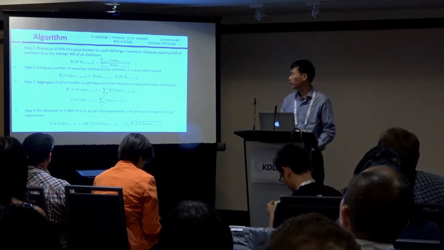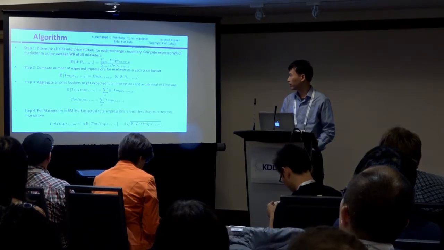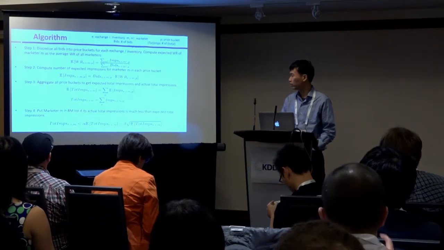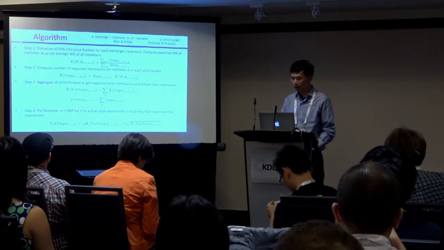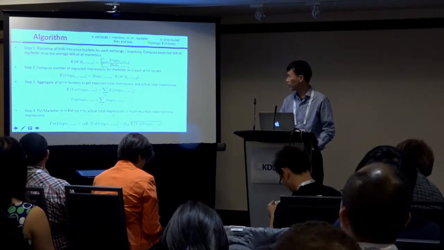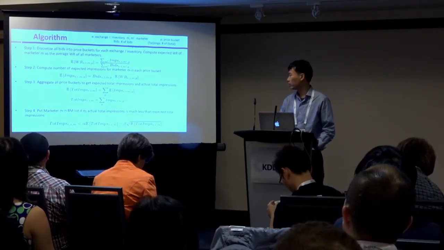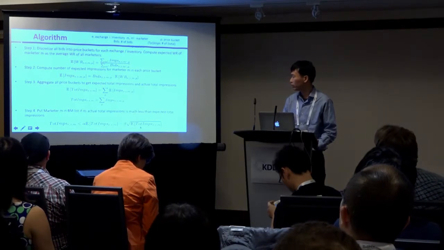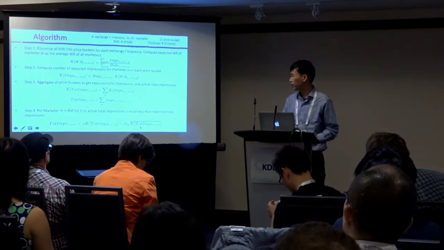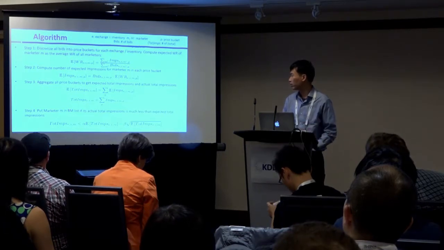And then we aggregate over all price buckets to compute the expected number of impressions and the actual number of impressions. So at last, if the actual number of impressions you get is much less than the expected number of impressions you would get, assuming the win rate is the same as other marketers, then that's a sign this marketer could be a bad marketer.